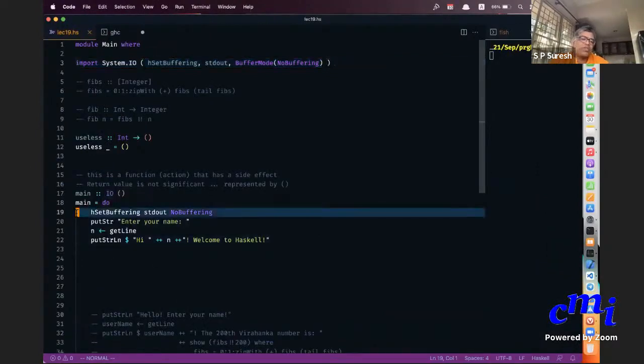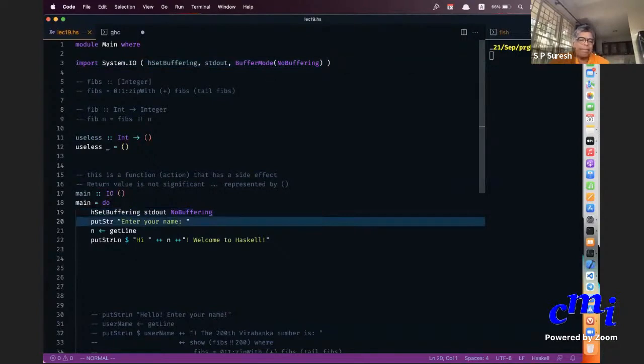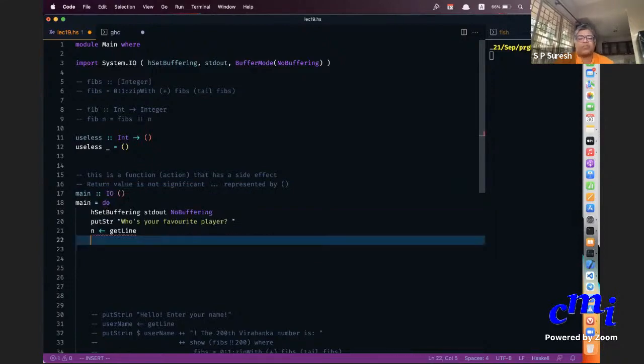So let us see how it works. Let's say I ask this, and I get a line, and then I have to print 10 times whatever has been written.